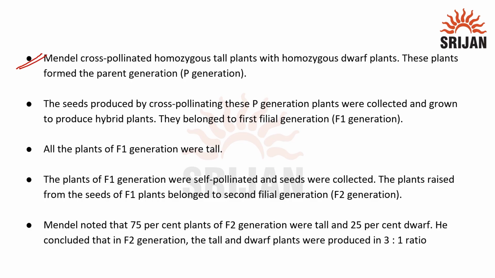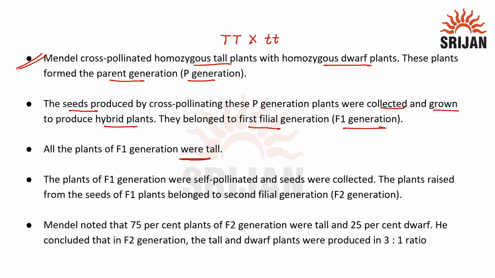Mendel cross-pollinated these homozygous tall plants with the homozygous dwarf plant, which could be represented as capital T cross-pollinated to small t, and this generation is referred to as the parent generation or the P generation. Now after their cross-pollination, they produced the seed which were then collected and grown, and they produced the hybrid plant, and all these hybrid plants were tall in nature, and they were called as the F1 generation or the first